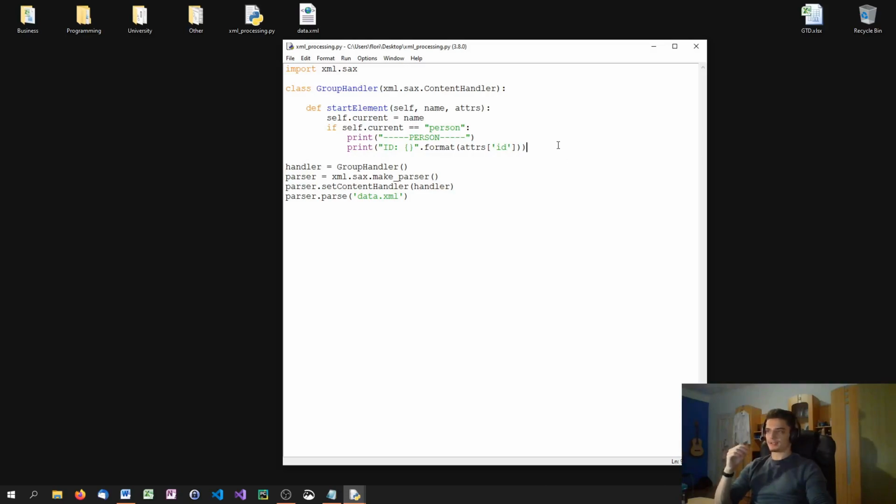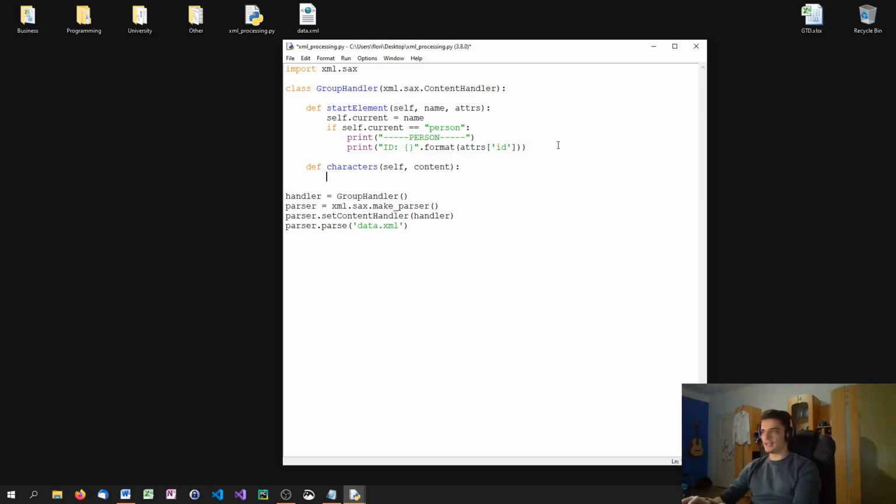To do that, I have to process the individual tags and the content of the individual tags. And to do that, I'm going to override the characters method. This method accepts two parameters, self and content. So what I'm going to do here is: when I start an element, I set the current name, and then I process the information. If the current element is the name, sorry, I need to use a different operator. If this is the name, I'm going to say self.name equals